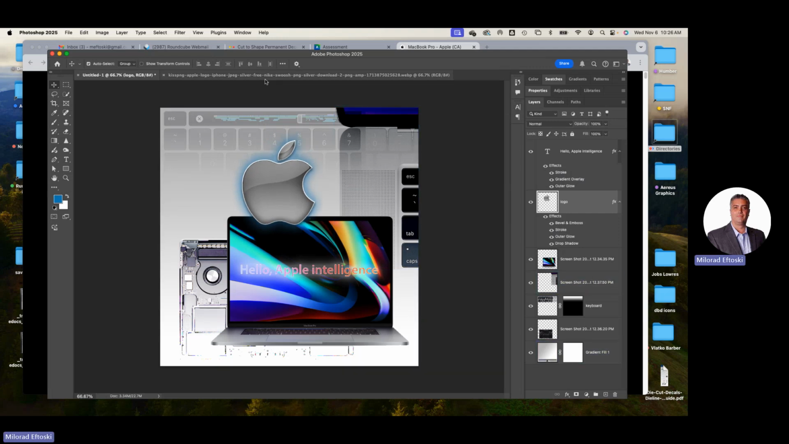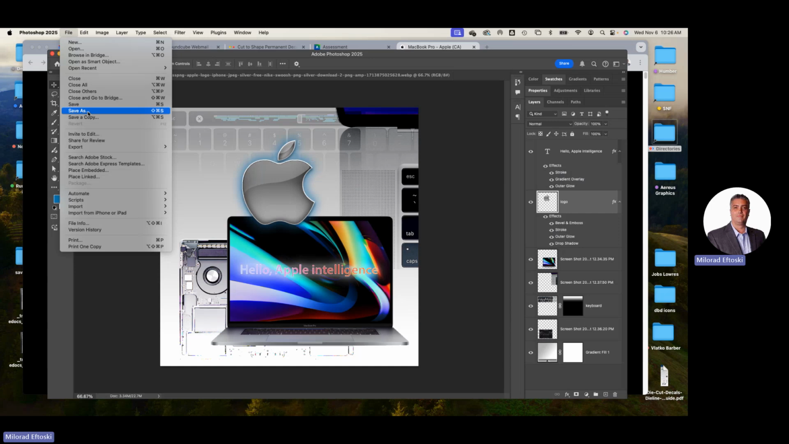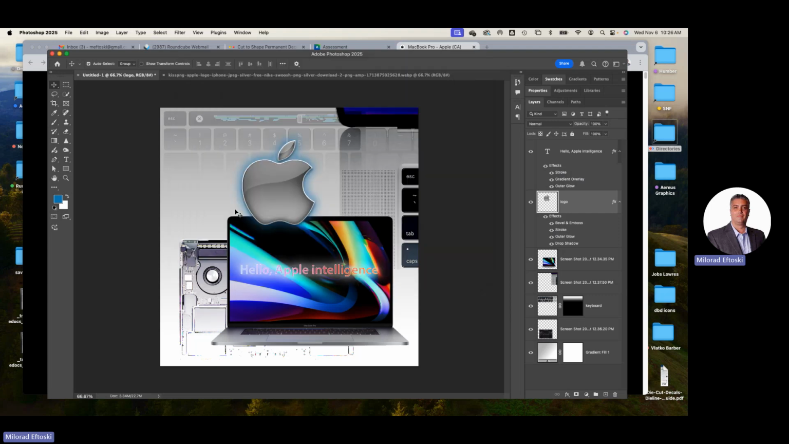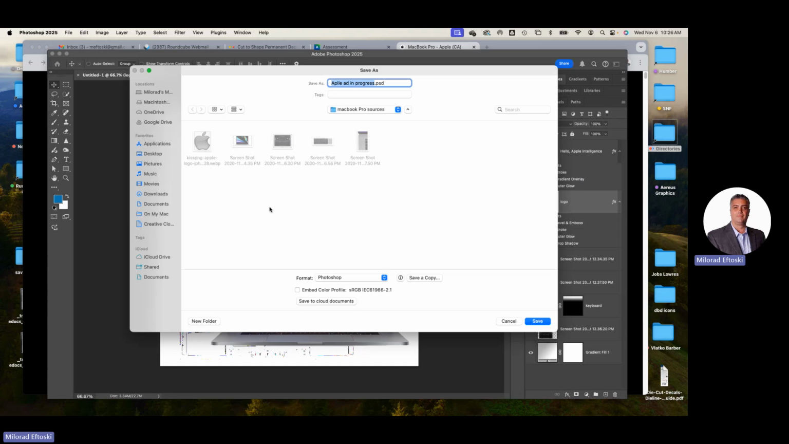So always use Save As. This will be called Apple ad in progress. I'm still working on this. It's not done yet. So I'm going to save it as a Photoshop document on the desktop into my folder